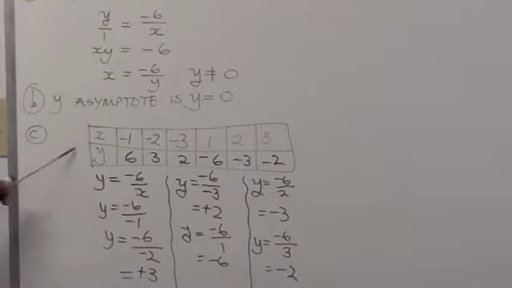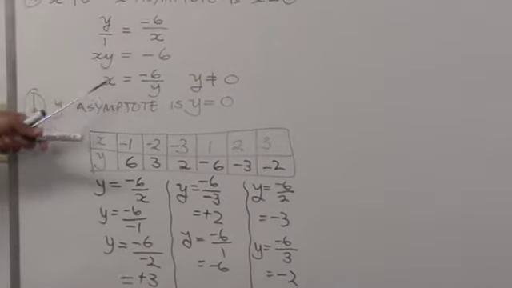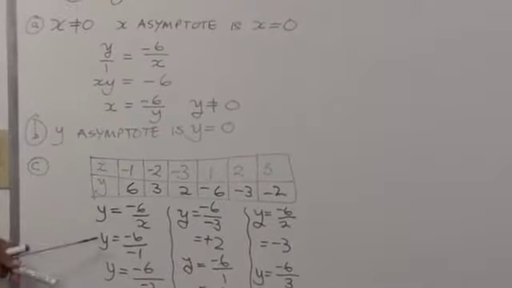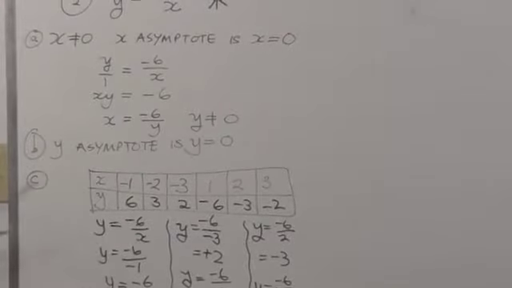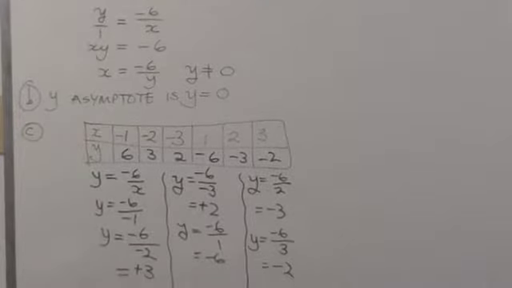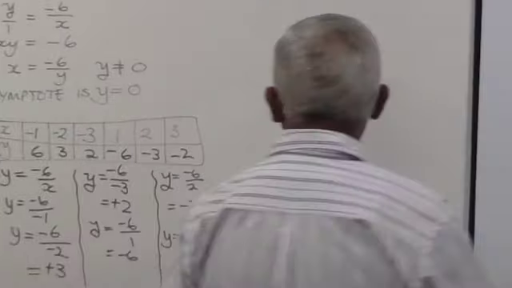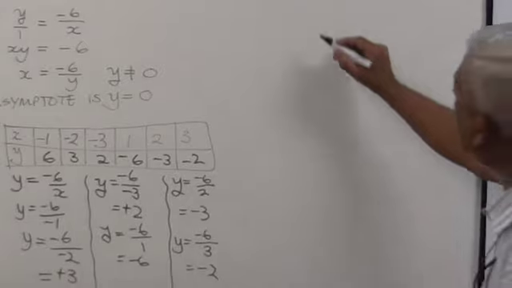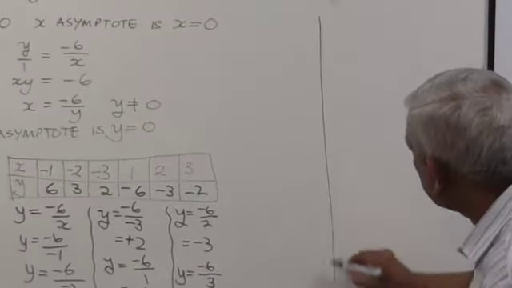Alright, so we have all the ordered pairs, and we are now ready to draw this graph. So we have A, the x asymptote, we have B, the y asymptote, and we have C, the ordered pairs, and we are now ready to draw this graph. Alright, so let's move over on to the other side, and let's draw the